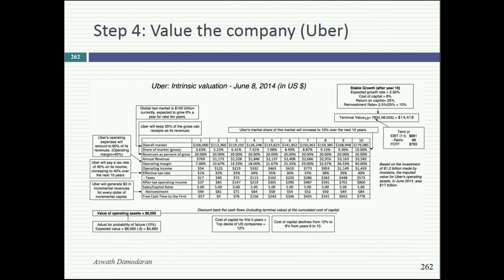In fact, last week after Snap went public, I get a wave of emails, right? You know why? Because I valued it at $11 per share. They said, how do you explain it? I don't have to. I didn't pay $28 per share. Go ask somebody who paid the 28 why they paid the 28. Don't ask me to explain what other people do. This is my story, and based on my story, I would not invest at $17 billion. It's not my job to tell you you shouldn't invest, because it will depend on your story for Uber.